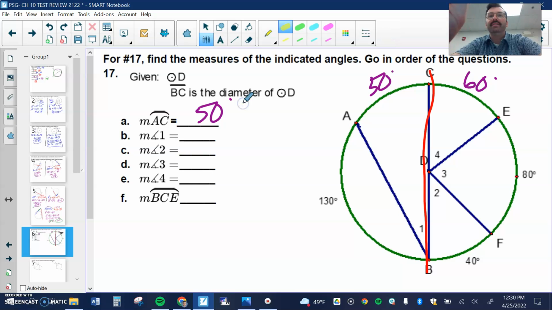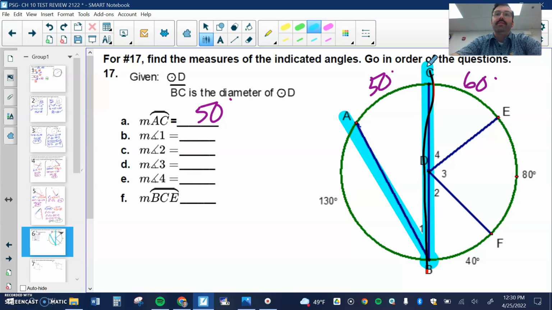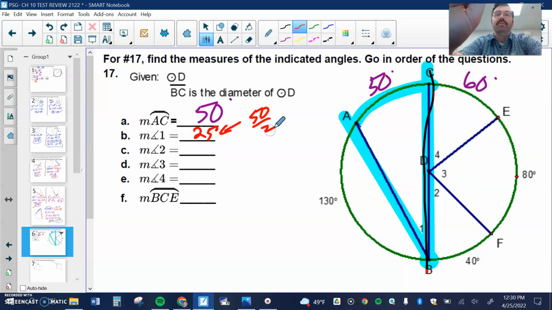First angle we need to find is angle 1. Angle 1, the vertex is on the circle. Follow it out. It's going to form that arc. So angle 1 is going to be 50 divided by 2, which is 25 degrees. Okay. Angle 2